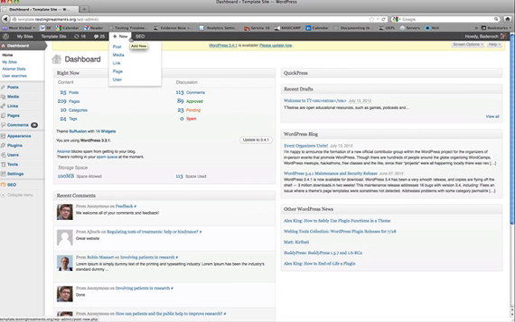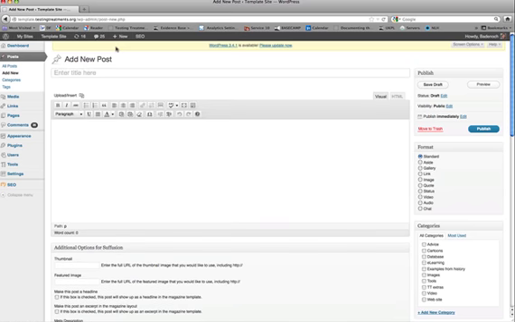Now you won't have all of these options because I have full admin privileges, but one thing you should have is the posts function. So you want to add a new TTextra, you can click that button there, and I'm going to give it a title, so that's what the big heading is going to be, and I'm going to add some introductory text here and a second paragraph with more details,